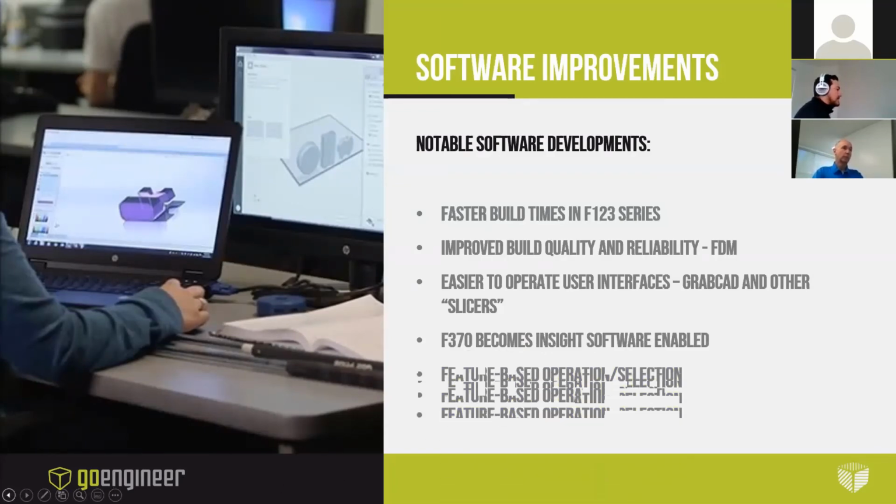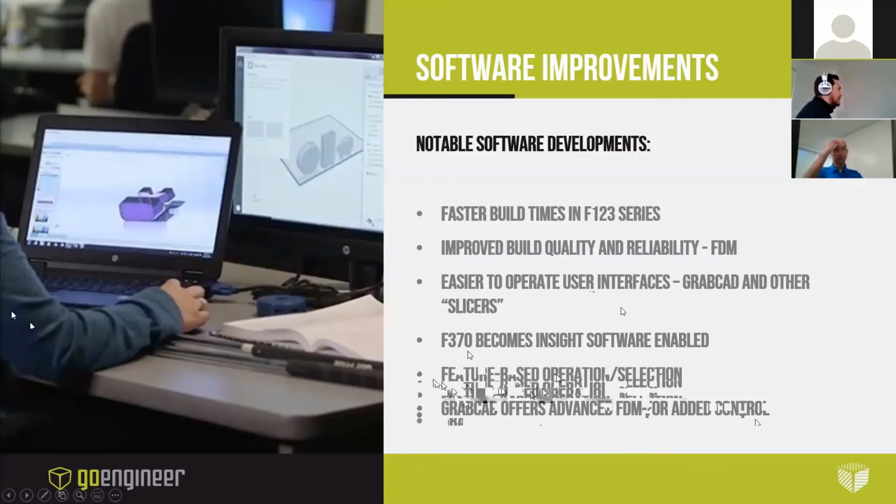However, GrabCAD still offers advanced FDM for added control. So some of the features that you can do on Insight, you're also able to do with GrabCAD, just in a little bit different way. Instead of working at the slice layer with Insight, with GrabCAD, we're working with features, which is what most of us are used to if we've used CAD in the past. So I just want to do a quick live demo